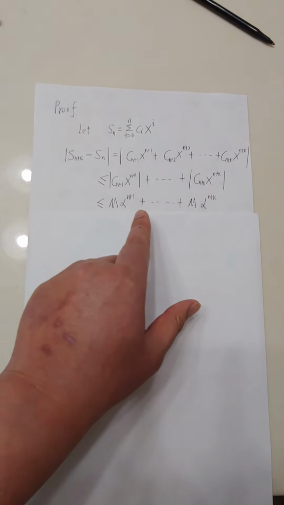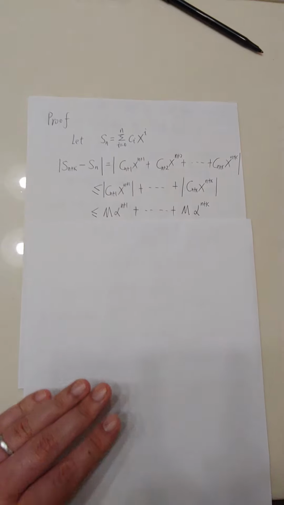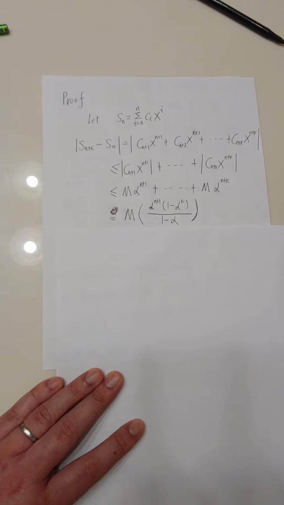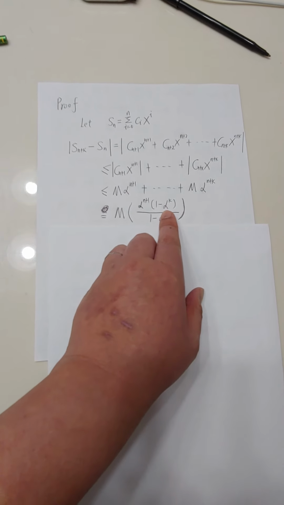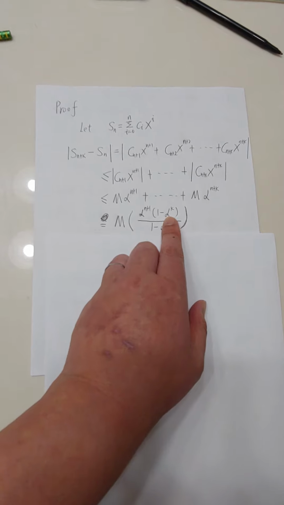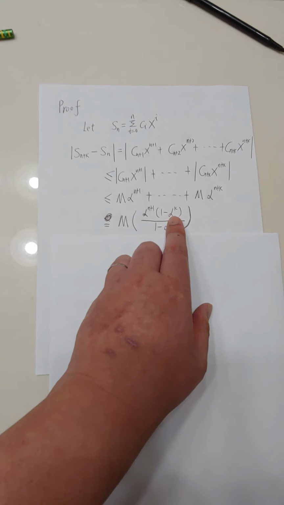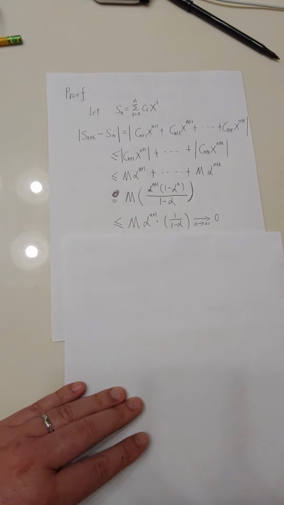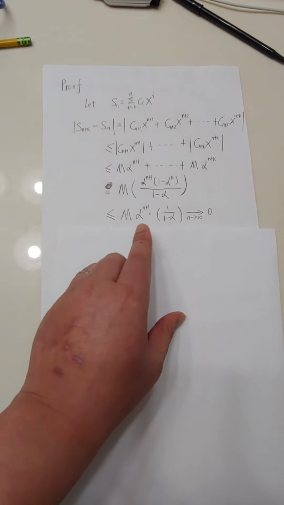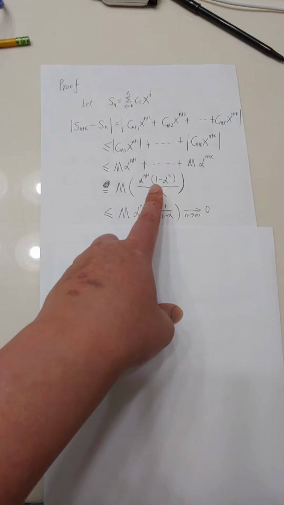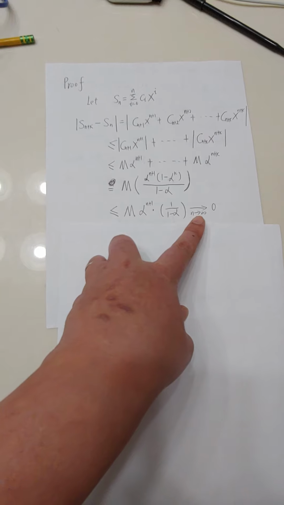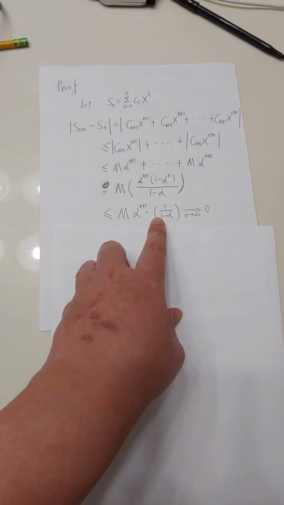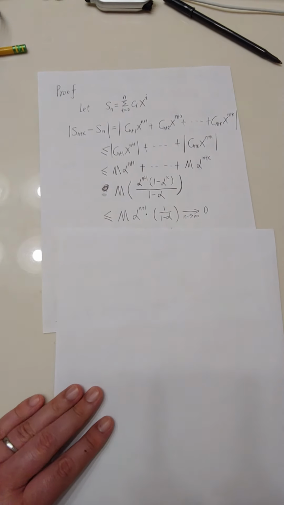Then we can use the geometric sum, which is given by this expression. Then we replace alpha to the k by 0 in the numerator, since alpha is greater than or equal to 0 and less than 1, so it's less than or equal to this bound. There is nothing depending on k anymore. If we take n approaching infinity, since alpha is less than 1, this approaches 0. So the whole term approaches 0.